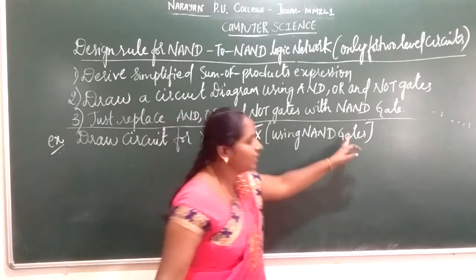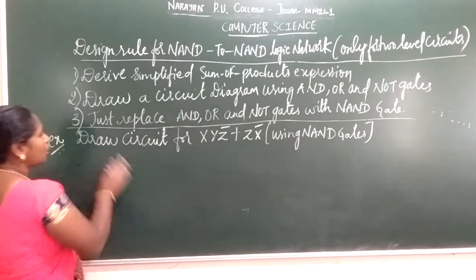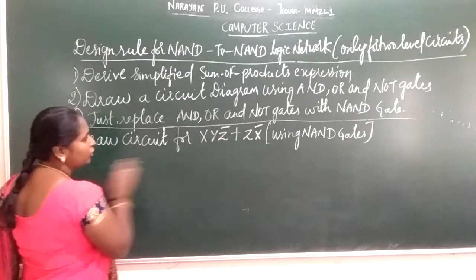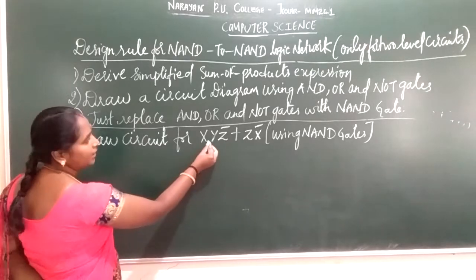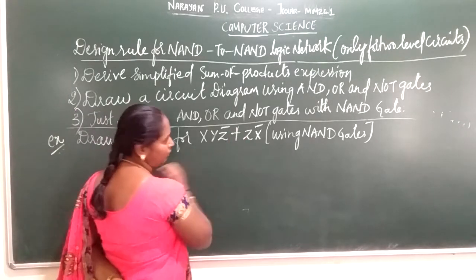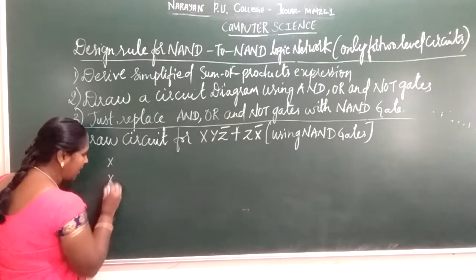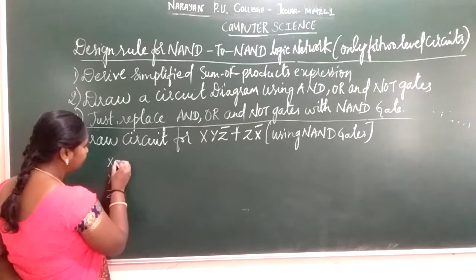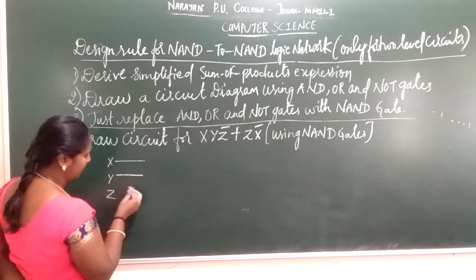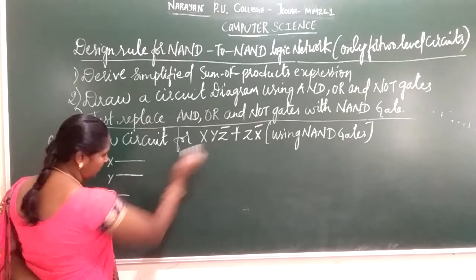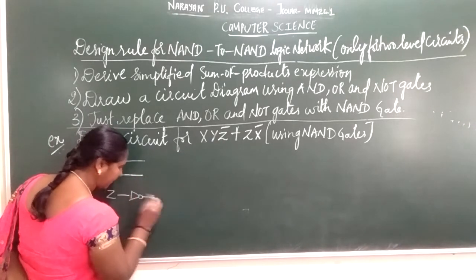So using a NAND gate, you will get the question like this. So here you are going to draw a circuit for this. It is in the sum of products form, that is the SOP form. So what are the inputs? First term you take x, y, z. Here x, y, z has the complement, so use a NOT operator.